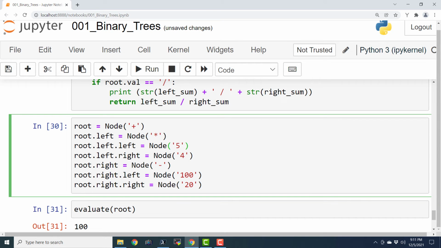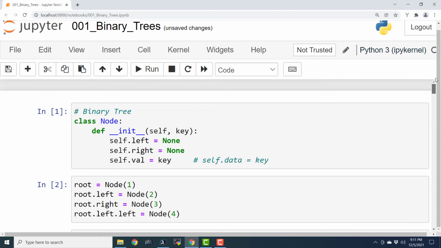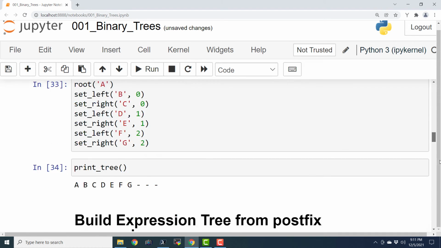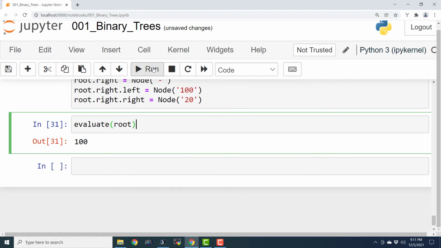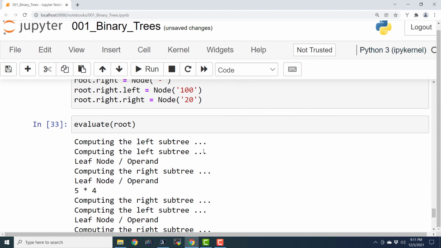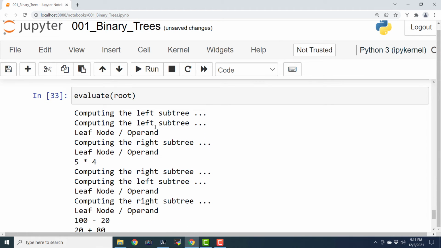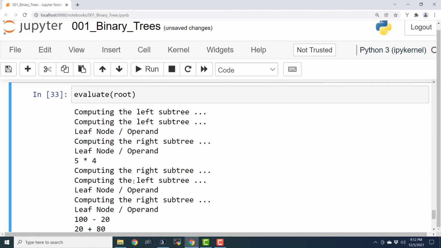I guess running the tree definition again is not needed because we already have a well-defined node class and we haven't made any change to it. So now we will just rerun this evaluate and it is going to show us the trace of the entire execution. Computing the left subtree, leaf node or operand, computing the right subtree, leaf node or operand, and 5 multiplied by 4.